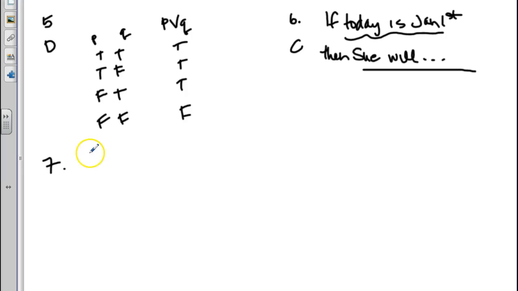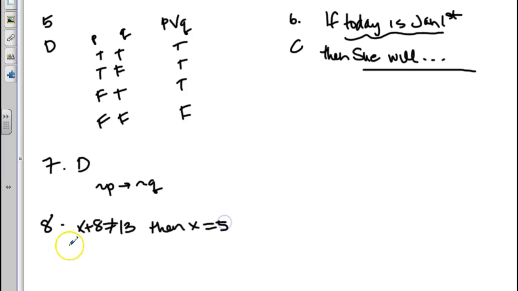Number 7, the correct answer is D. Inverse means not P, therefore not Q. So you negate both of those. Number 8, contrapositive of if x equals 5, then x plus 8 equals 13. Contrapositive means flip the hypothesis and conclusion and do the opposite. So if x plus 8 is not equal to 13, then x is not equal to 5, and so that is